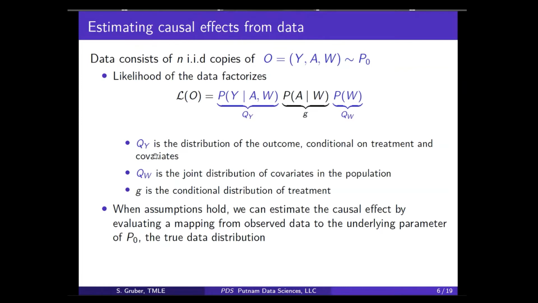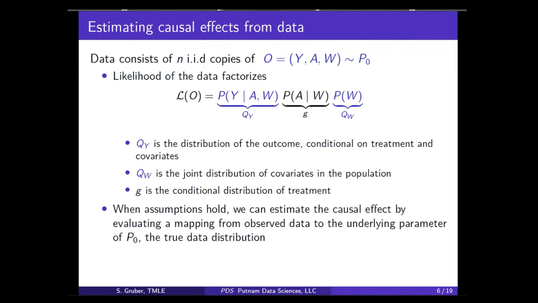And this is what we had in the full data. So the Q portion of the likelihood is the portion that you really need to evaluate your parameter of interest. And then what we call in the TMLE lexicon G, in our ATE example, is going to be the conditional distribution of treatment. So you're going to see that we're going to use that. It's going to make our estimator more efficient, have smaller variance, but it's not the part that you actually need to evaluate the parameter.